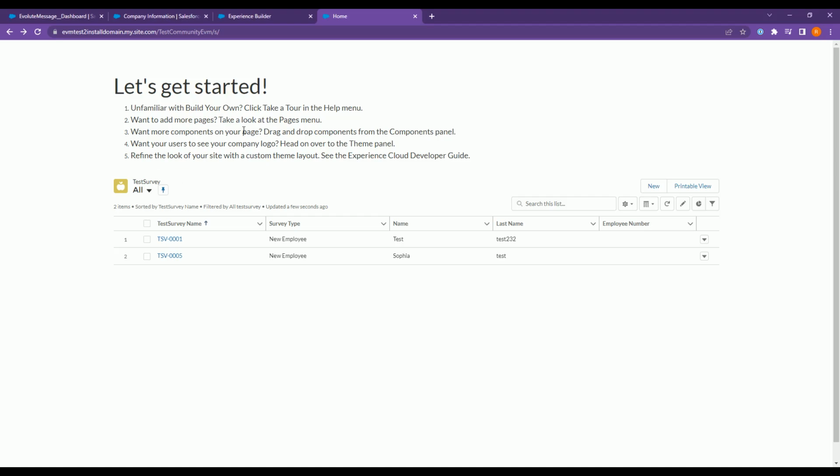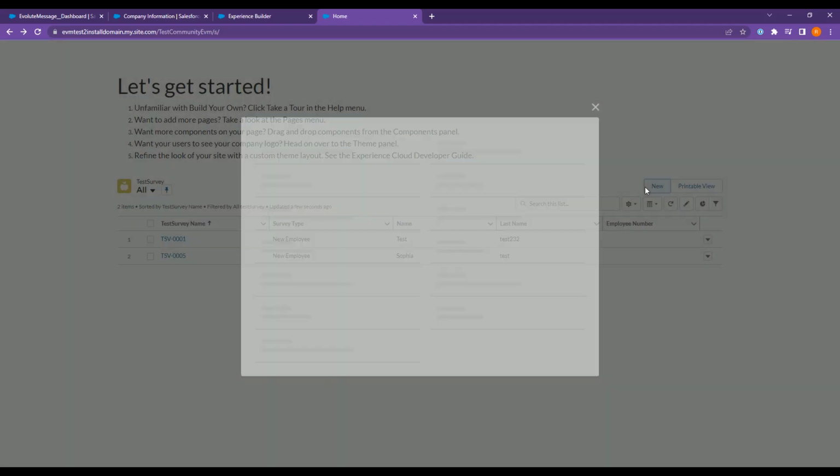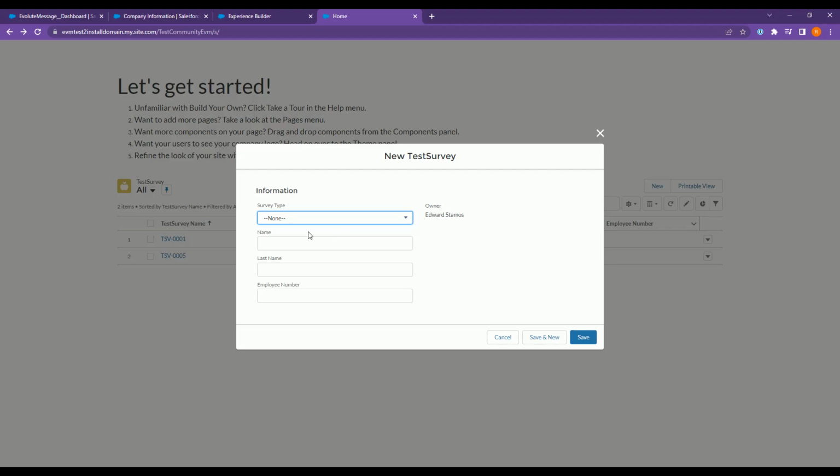Hi there, I'm going to show how the message would work for the validation when we add a new record. So here I have the page. I'm going to basically have a rule that says if it's an employee, the last name is required. In this case here, I'm going to add Gina and you will not put the last name, so just click